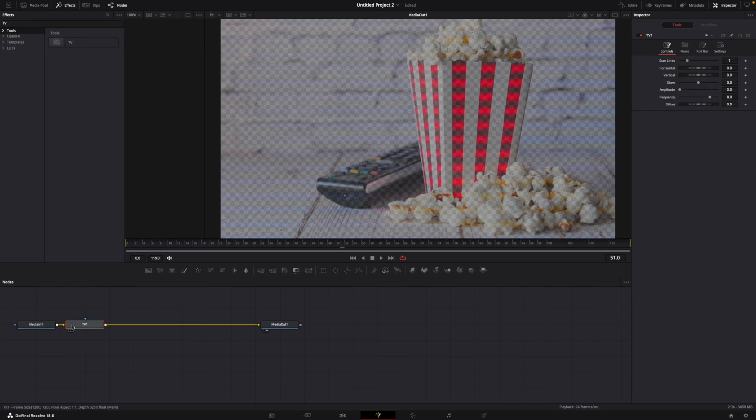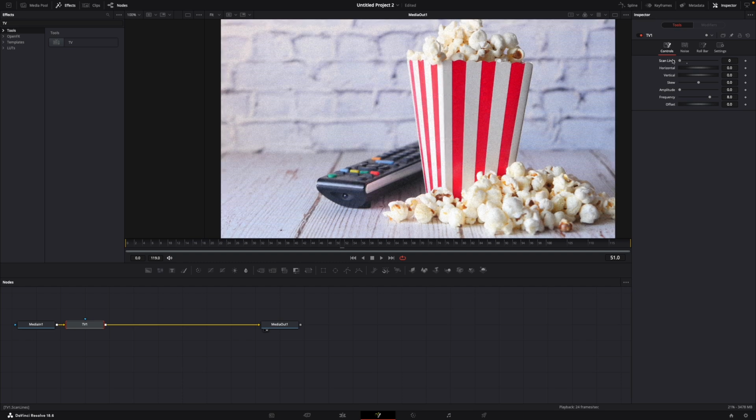Just double click it, then select the TV, go over to the right under Inspector and decrease the scan lines all the way to 0. Now you have a bit of noise. Now you go over to noise,